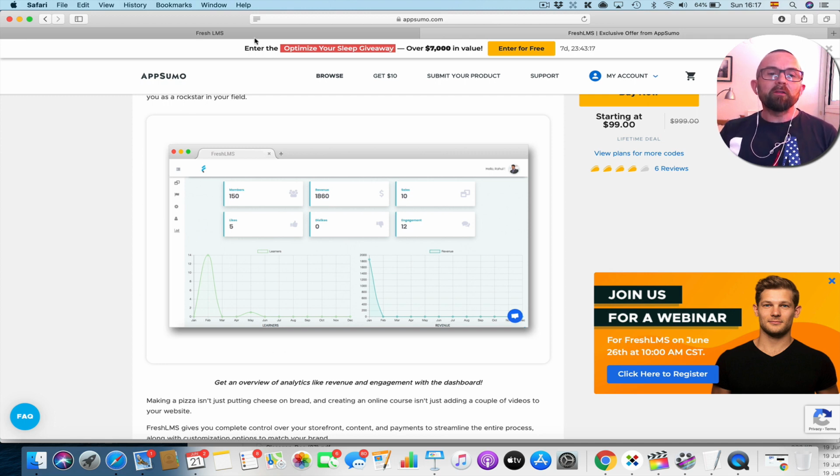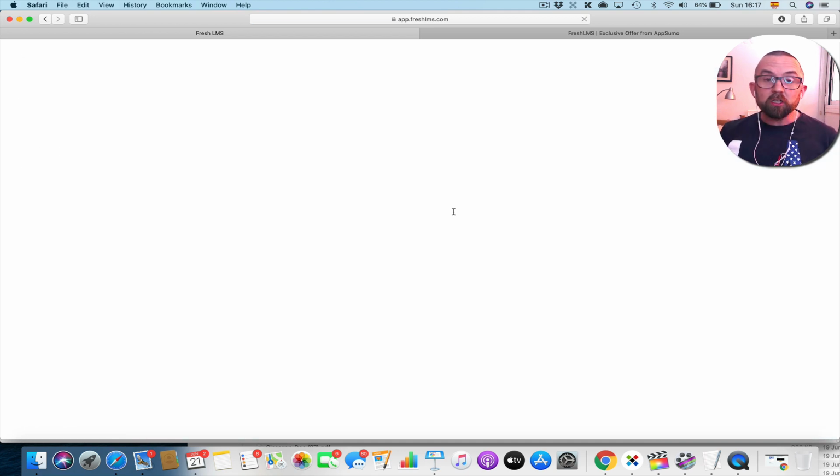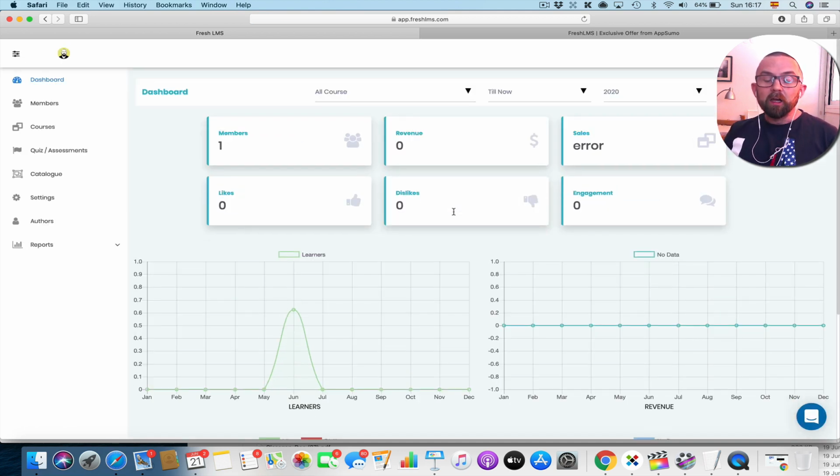Now let's just have a look at the interface here. So this is the dashboard, and I've started to build out a course. Now there's a couple of things like this that come up: error and object. And sometimes when you refresh, it actually comes up again and it fixes itself. Okay, sales, there's an error. So that leads me to believe that maybe it is not 100% bug free, but this is where I suppose